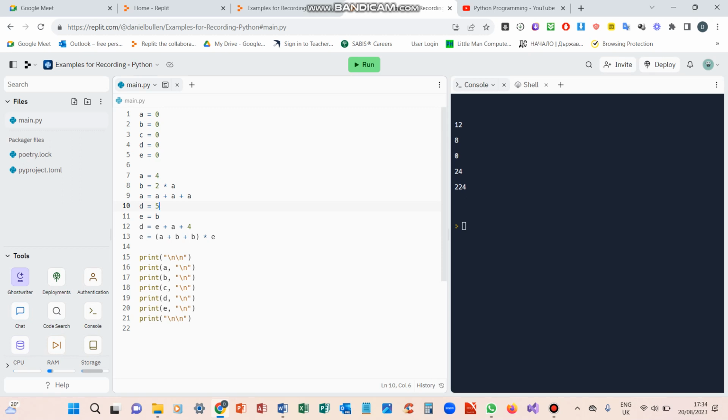So we know b is 8, a is 4, so 4 plus 8 is 12, plus 8 is 20. And we're going to times by e, which is b, which is 8. So we're timesing all of these. So we're timesing 20 by 8. Hence why we're getting 224. But anyway,